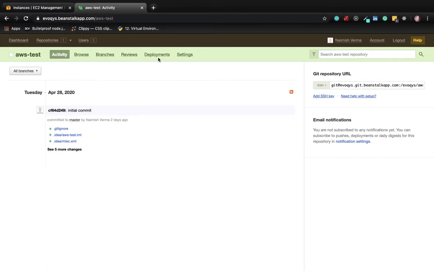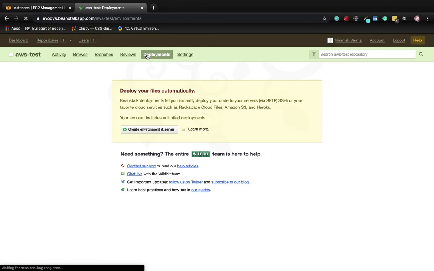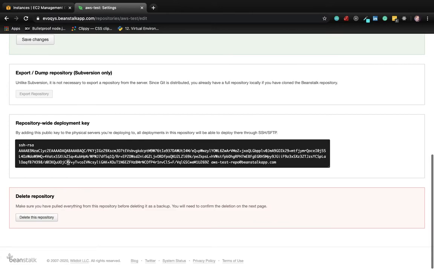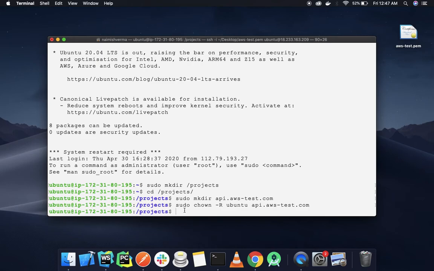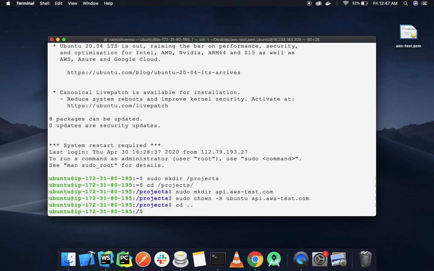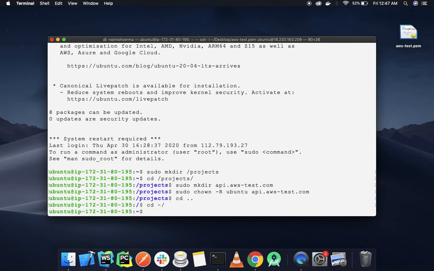Now go on to the deployments. Basically we need to copy the SSH key for this repository. So this is the SSH key. Copy this, go to the EC2 instance and cd .. just get back to the root directory and go to authorized keys section.